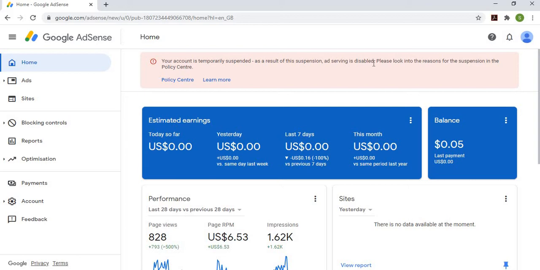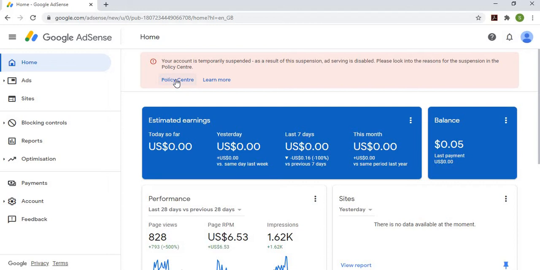So I used that Gmail account, put in the login ID and the password, and logged into my Google AdSense account. As you can see friends, on the top it is mentioned that your account is temporarily suspended. As a result of this suspension, ad serving is disabled. Please look into the reason for the suspension in the policy center.